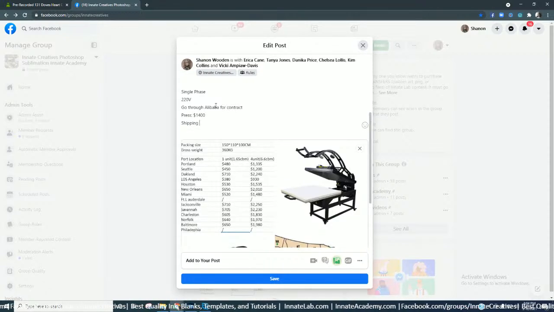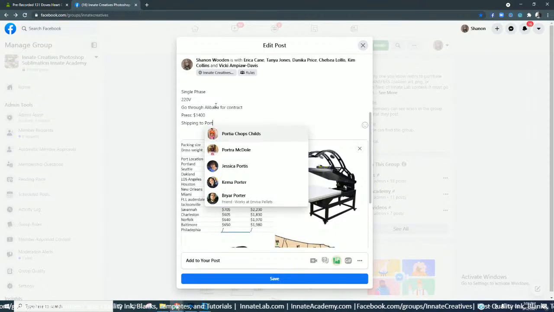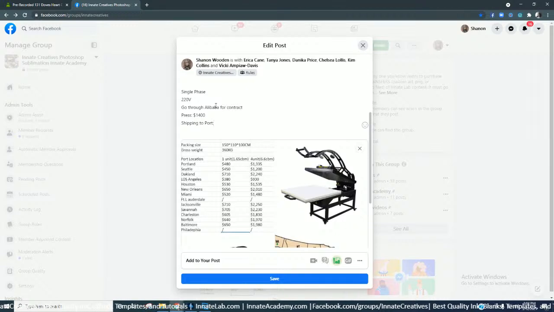Shipping somewhere, shipping to port, not to your door. Don't go to them for shipping to your door. I'm going to tell you like this, they don't really know what happens inside the US. So what they do is they contact a shipping company to coordinate picking up from their facility and dropping it